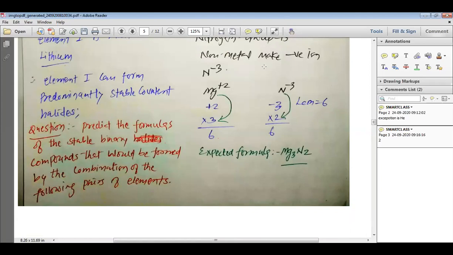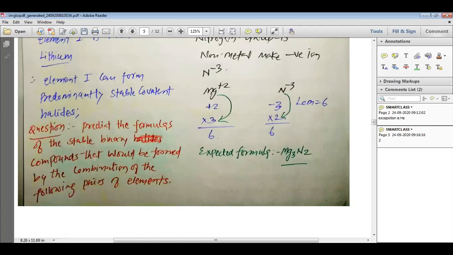Now we have a next question to study. If you have anything to ask, my dear students, regarding whatever we have discussed, you can raise your hand, or you can immediately ask me the question. Is there anything you would like to ask? Please ask. Don't have any fear, or don't feel any hesitation to ask questions in between if you are not able to understand. Let's move to the next question.